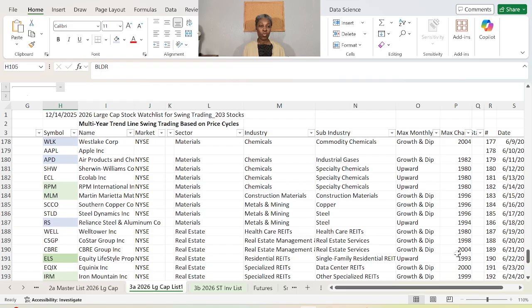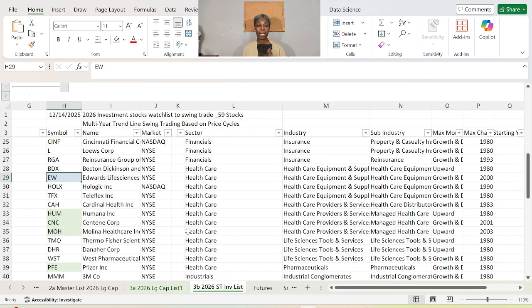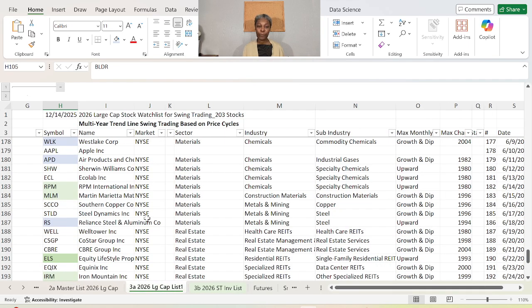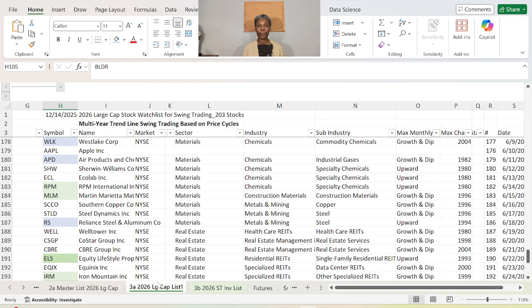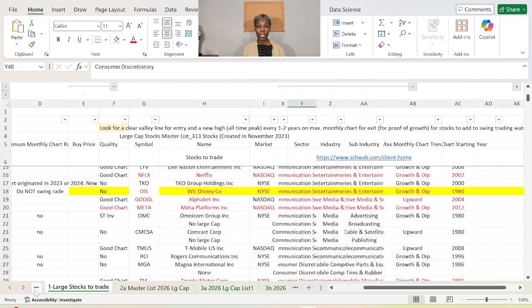Now the list is decreasing because I'm moving some from this area to this area. As I keep analyzing them, some of them I feel like they should be in this investment list because of the growth that I'm seeing in the history of that chart. But I have a big list of it, which is almost the master list,